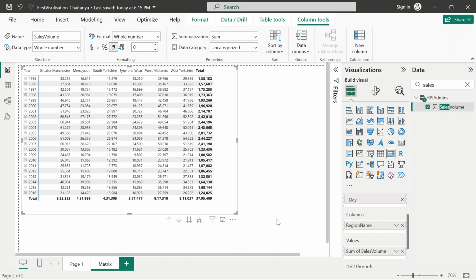Okay, so let's move on to the next part, which is creating the visualizations,